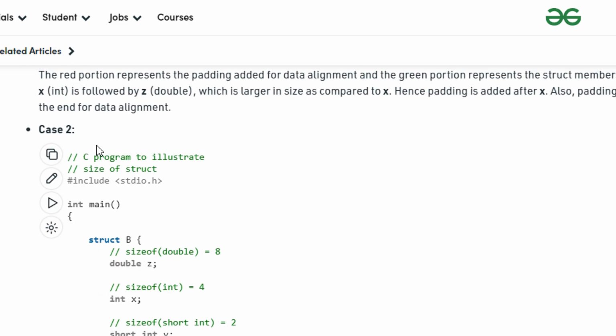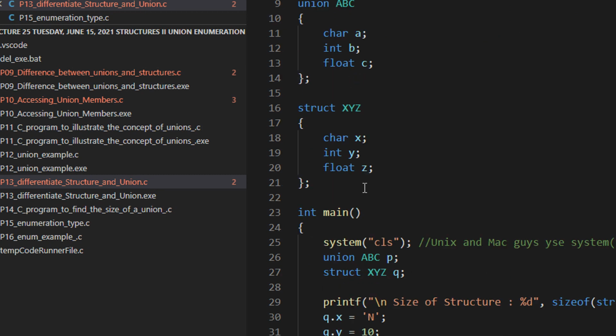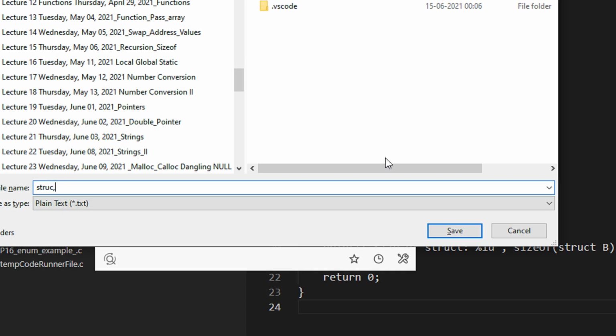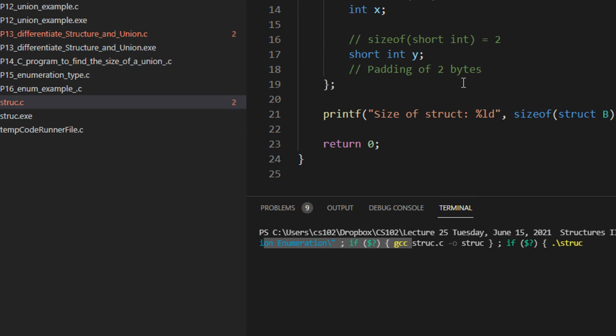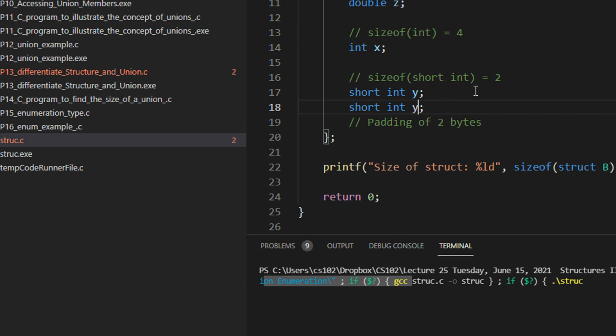Okay, let me just try to execute this. All right, size of structure is 16, and let me just keep this a.